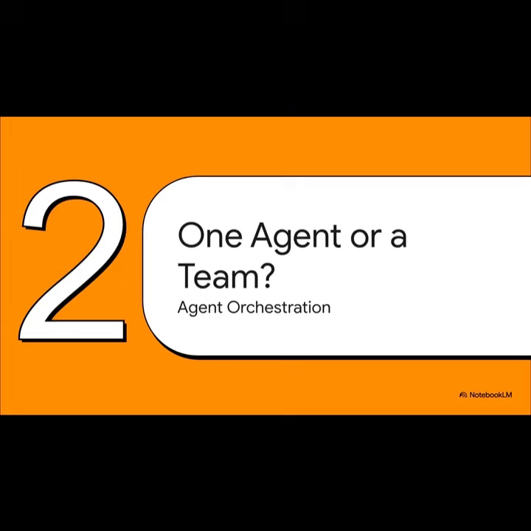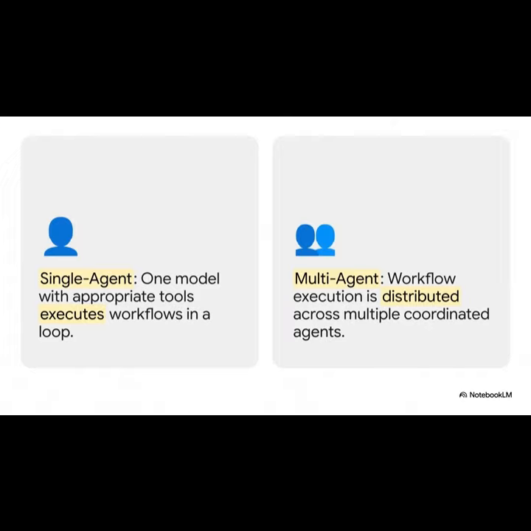When you're building something complex, do you create one single super smart agent that can do everything? Or do you build a specialized team that works together? So this is really your first big architectural decision. On one hand, you have the single agent system. It's kind of like a lone wolf. One agent has all the tools it needs to get the job done. It's simpler. On the other hand, for really complex stuff,